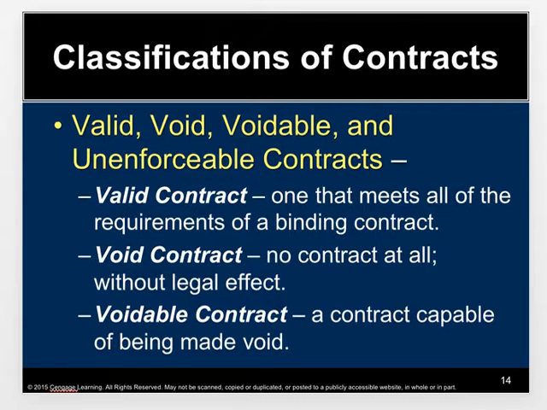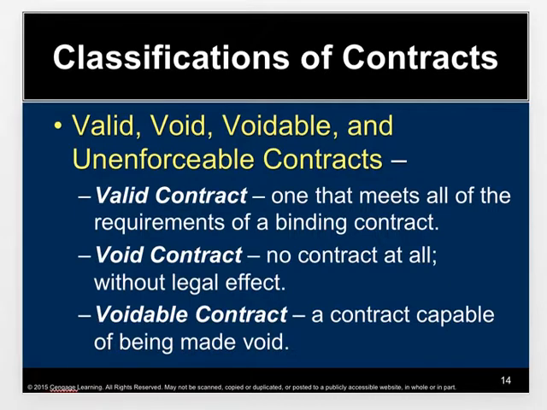Remember, I said you can't enter into contracts with a minor, but let's say that you do. Let's say that a minor has a car, you want to buy his car, and so you enter into a contract to purchase his car. That type of contract is voidable. And what that means is that the minor has the election either to void the contract or go through with it, at which point it becomes a valid contract. If the minor wants to sell you the car, then the minor simply can, and at that point you're done, right? The deal is done.